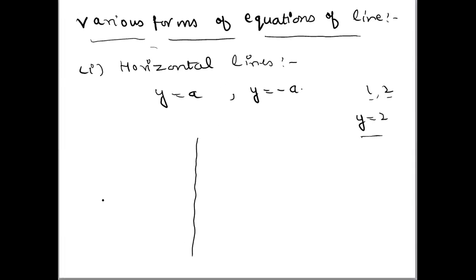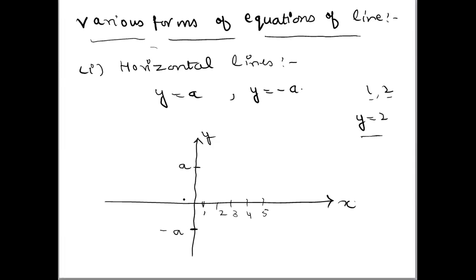मान लो हमारे पास ये एक्सिस हैं, ये x एक्सिस है, ये y एक्सिस है, राइट? और यहाँ पे मैंने एक पॉइंट ले लिया a and here I am taking a point minus a, की वैल्यू कुछ भी हो सकती है. Now it is a line. यहाँ पे 1, यहाँ पे 2, यहाँ पे 3, यहाँ पे 4, and x can also take negative values -1, -2, -3, -4 and so on, right?